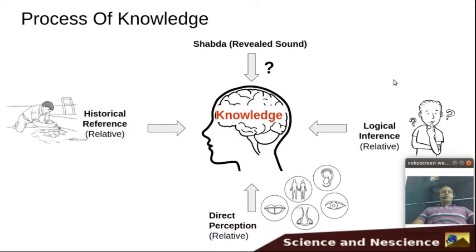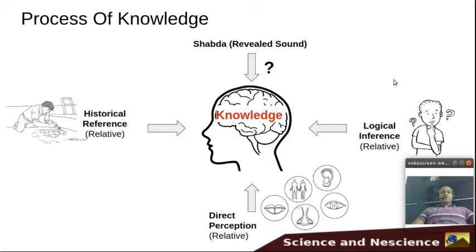Like maybe you want to know about the ice age, or you want to know about some animals that got extinct, or you want to know about some dynasty which ruled on specific parts of earth. So all of these come under historical reference. Again, this also is heavily dependent on direct perception, because you have to perceive things before you conclude